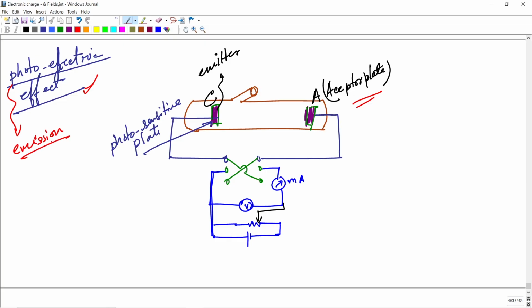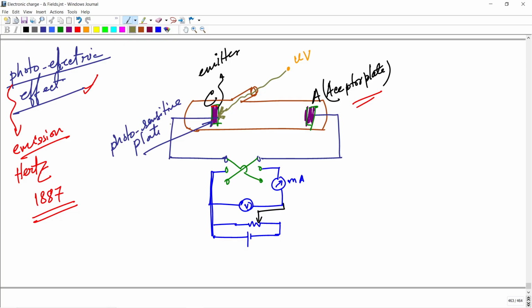Heinrich Hertz, in 1887, observed that a high voltage spark across a detector loop was enhanced when the emitter plate was illuminated by UV light. This is called a detector loop. There is a UV light source here, and it falls on this emitter plate. When this UV light falls on the emitter plate, because this plate is photosensitive,